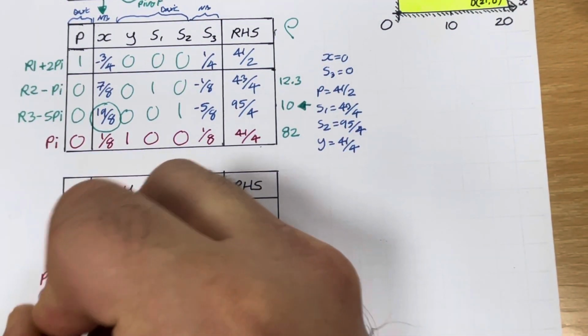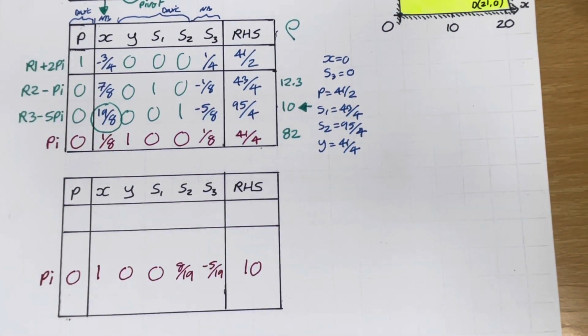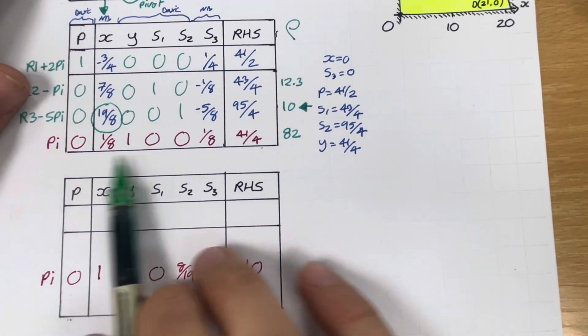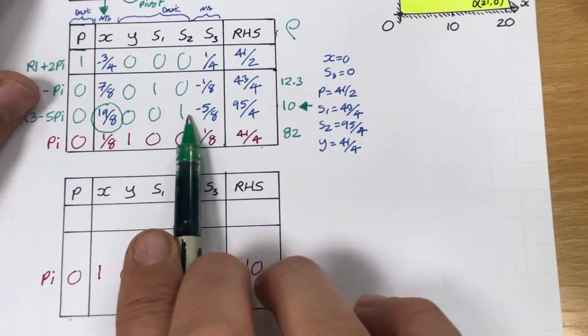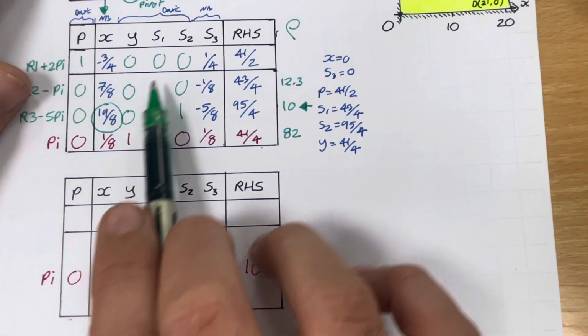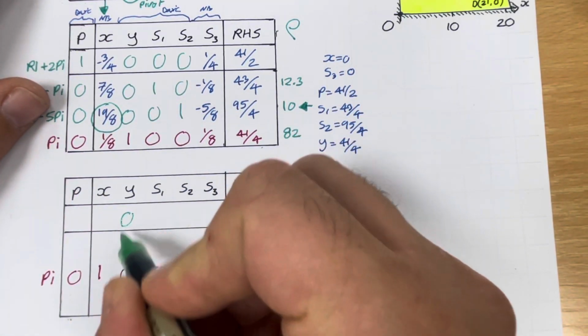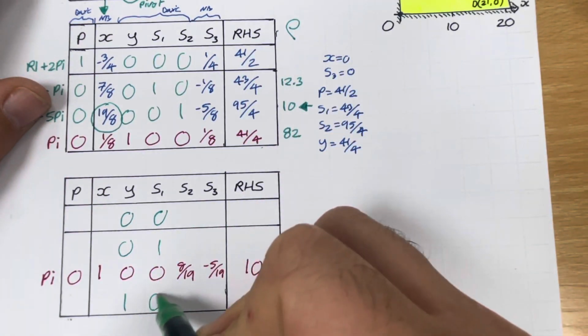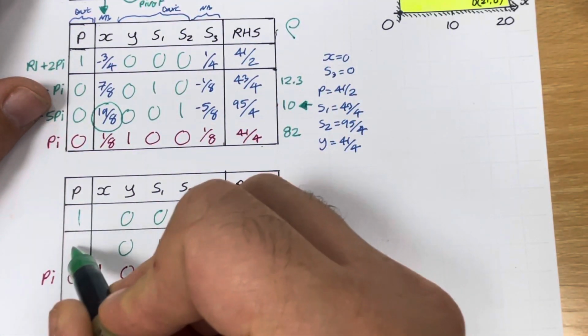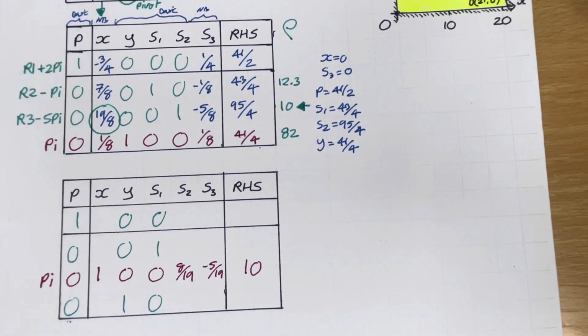I'm going to call that PI. Obviously, I've got the luxury of colours. You don't have that in the exam. Again, quick shortcut. Anything that was a pivot column before remains as a pivot column, except for S2 this time, because that 1 is going to move over here. But Y is going to remain as 0, 0, 0, 1. S1 is going to remain as 0, 1, 0, 0. And P is going to remain as 1, 0, 0, 0. Okay. So we've got